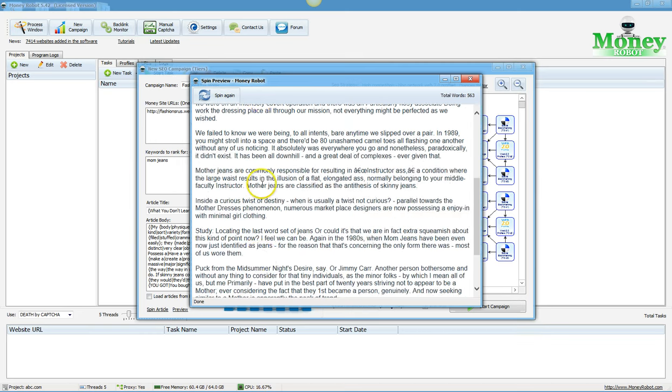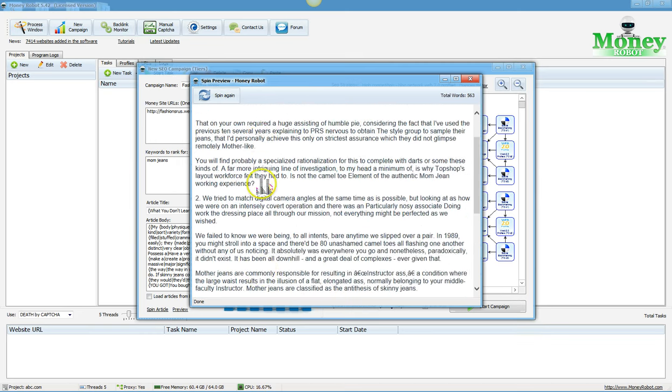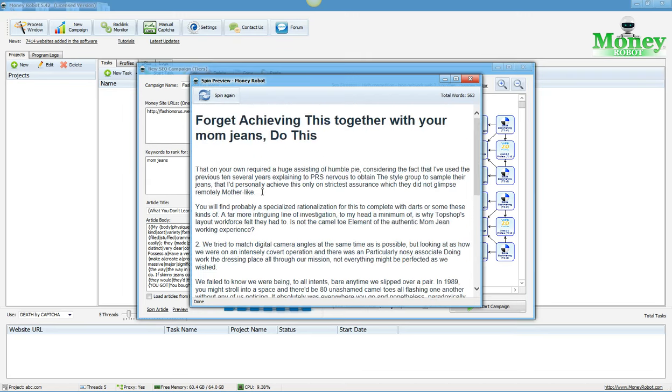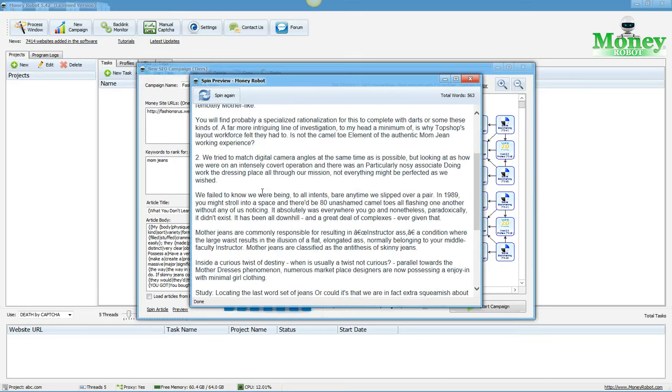And here's the article. Now the article doesn't read very well, but I've got about 7 campaigns running on another server, and I can say that a lot of the content was unique. However, I did find on certain niches the content has come up on Copyscape, so I suspect that as more and more people use the product, Copyscape might pick up more of the articles. I'm not sure